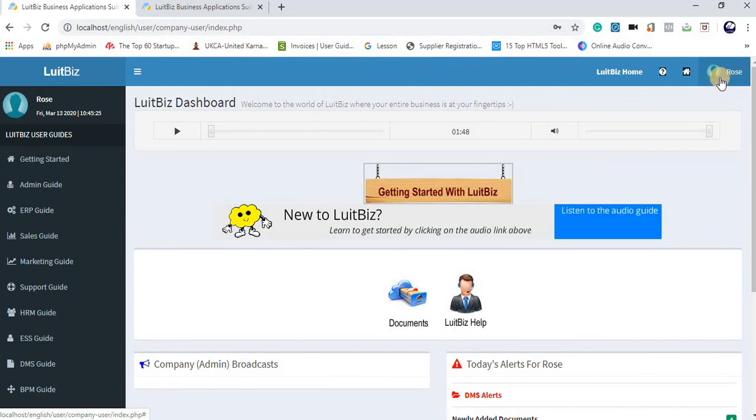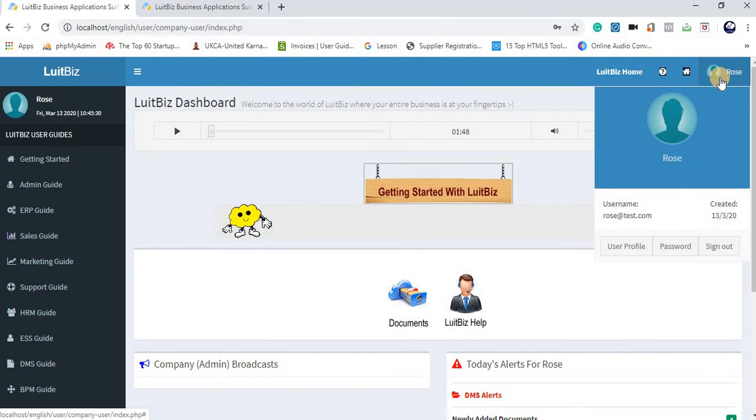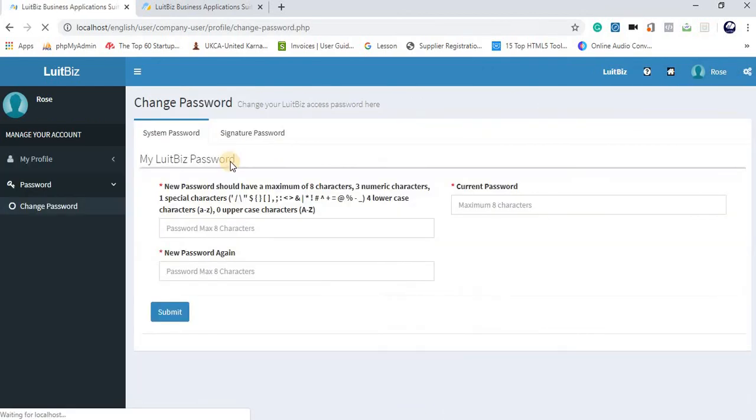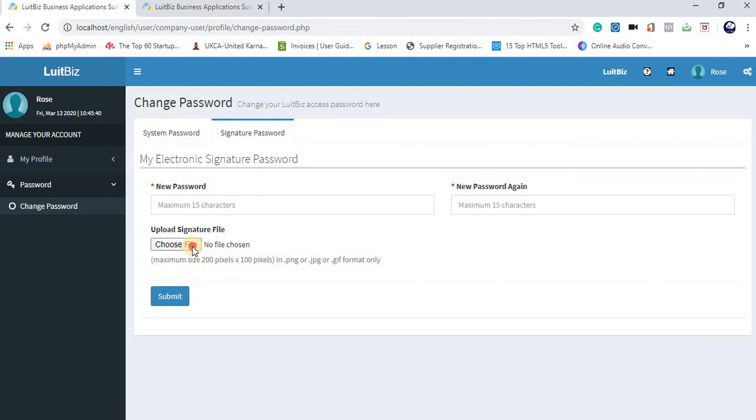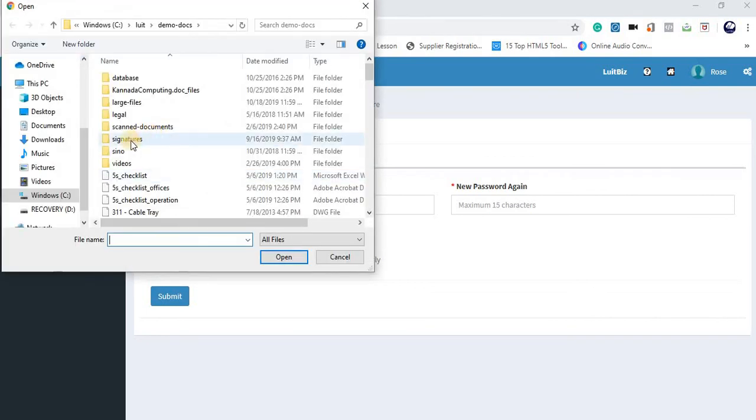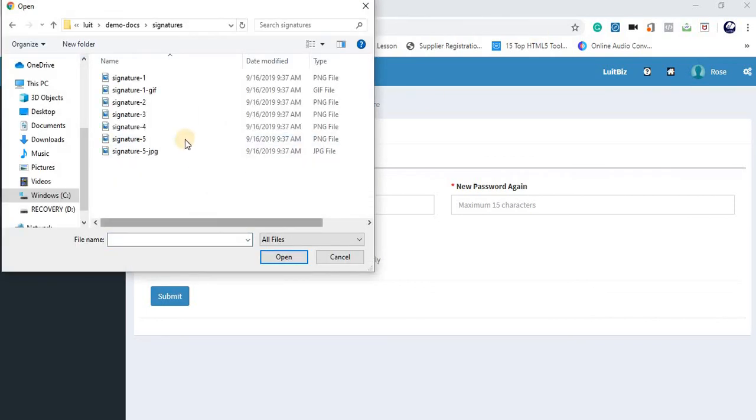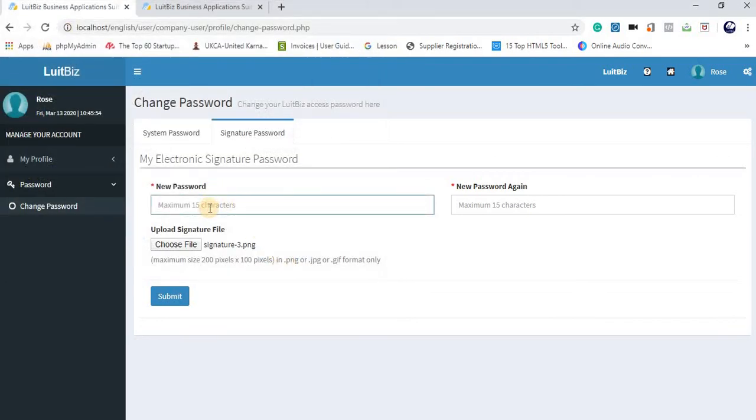now to approve the document, if Rose also wants to put in her electronic signature, first thing she has to configure her electronic signature, and to do so, she clicks on her name on top, clicks on password, then clicks on signature password out here, uploads her signature file, whatever her signature file she might have already scanned and put it in her hard disk. So she uploads her signature file. Let's say this is her signature file, and then she will password protect it. She will enter her signature password twice